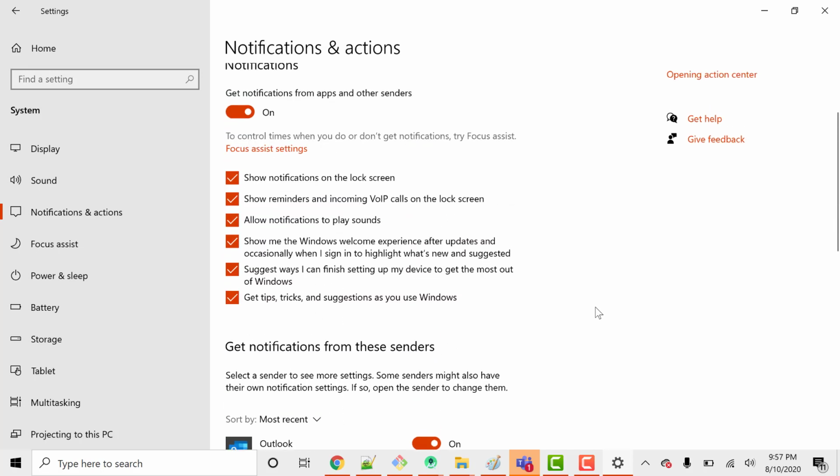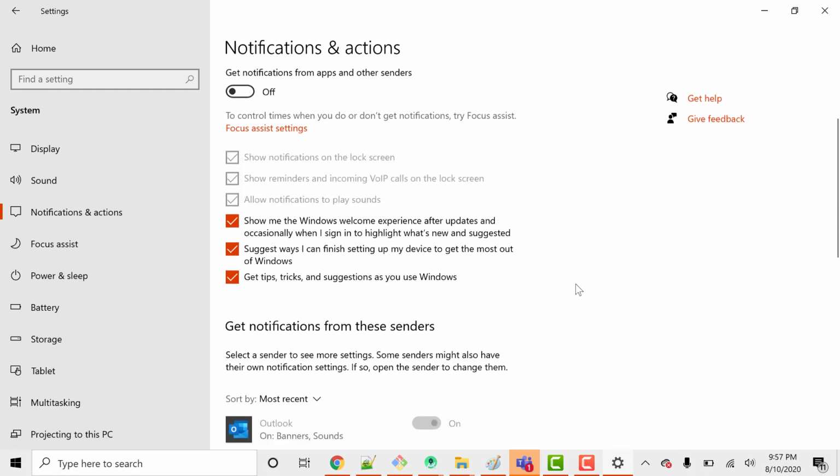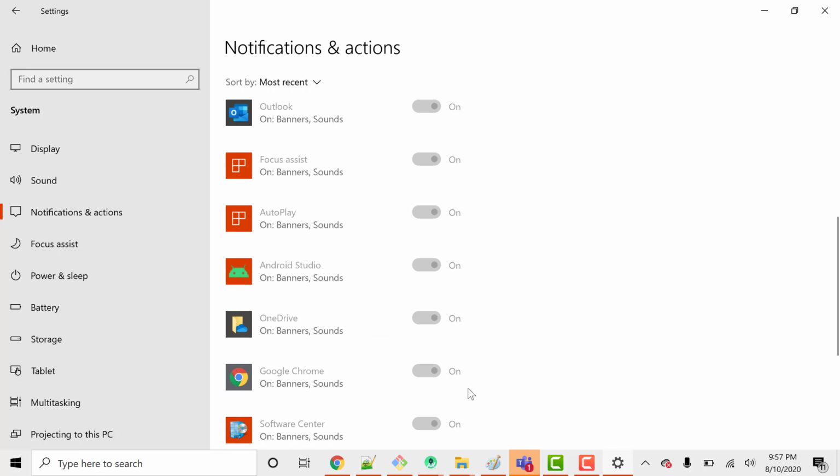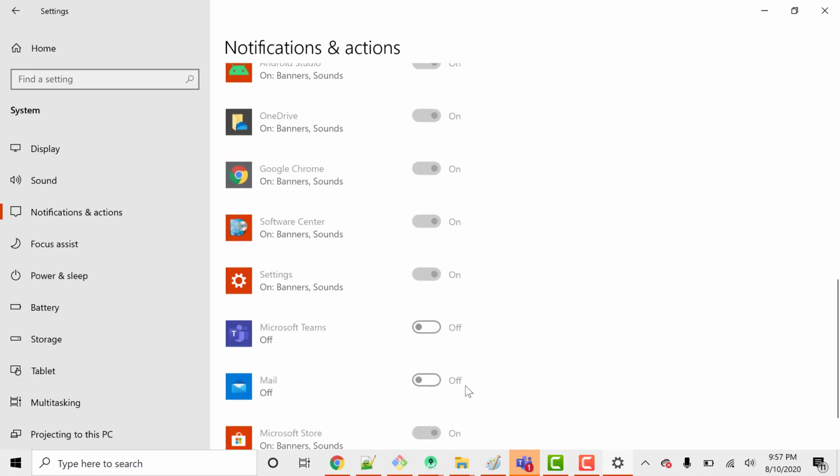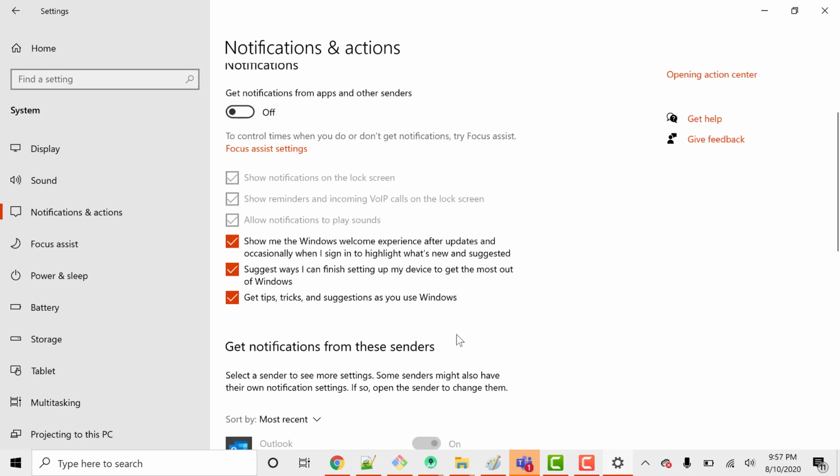In fact, if you turn off all these notification settings, you can see that there is no notifications option visible here now, right? Because we have turned off the notifications. By default these settings are not controlled by this one. So even if you turn this off, it will show a tick. If you don't want to get it, you can just untick this, right? So this is how you can control the notification settings.